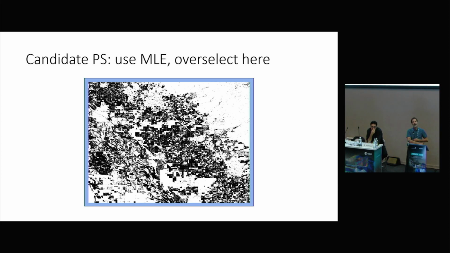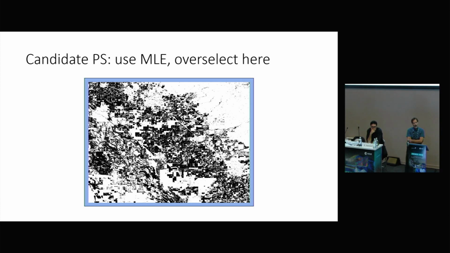So the way that we are doing our PS step, I'm going to spend a couple slides on that, because not everybody may be familiar with the algorithm that we're using. It's fairly recent. But we start out by using an MLE criterion to pick the PS points, and we overselect on purpose. So here's a region in California's Central Valley. It doesn't really matter. That's why there's no labels on the image. But every white pixel is one that has been above a threshold for the maximum likelihood estimator. Again, the threshold is set low,